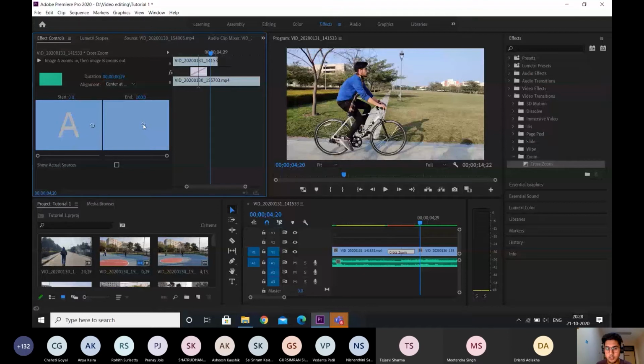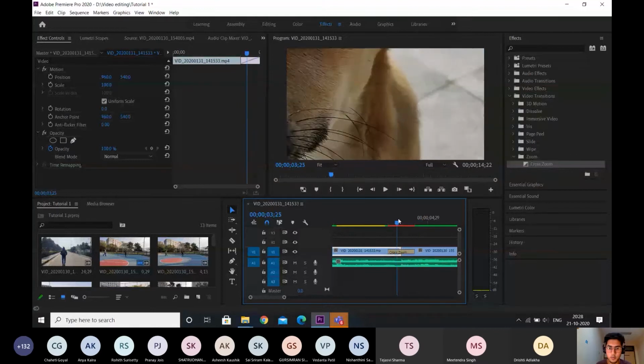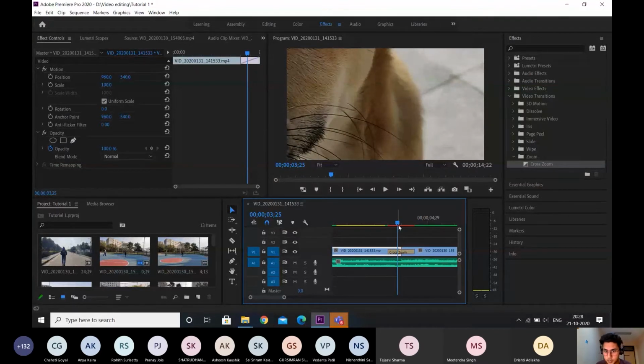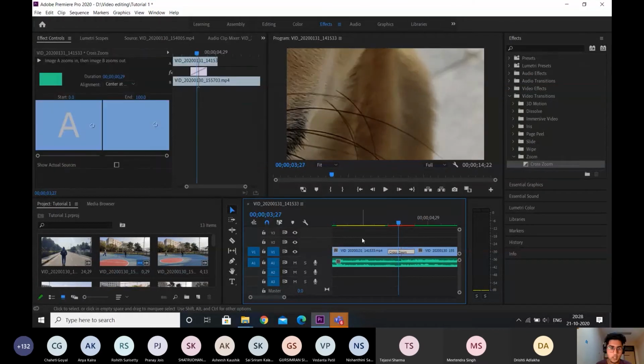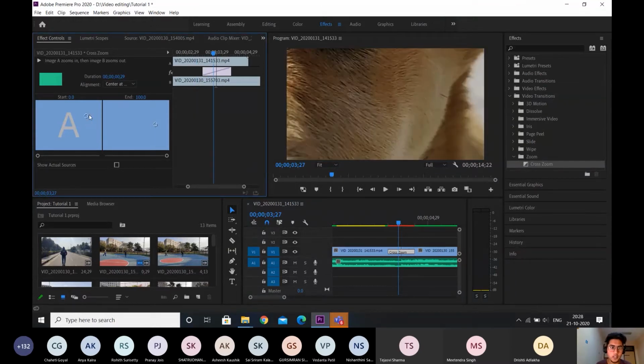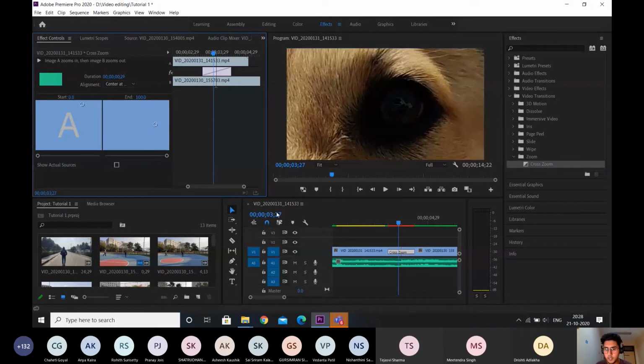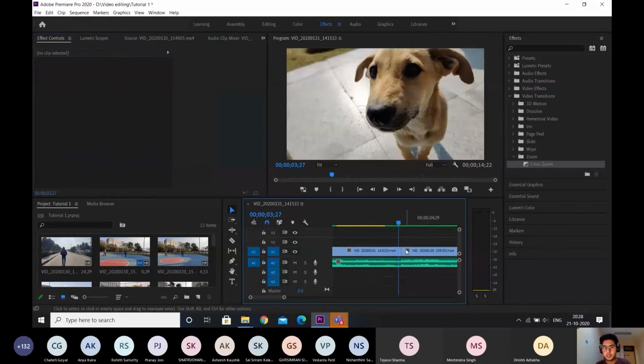Now if we watch the transition, it is not zooming into the center, but it is zooming into the side and then zooming out from the side only, where we've set those points. So if I come to this particular point on the timeline, I click on the transition and I change this. So you can see how I'm traveling, and I can set the point wherever I want to zoom like this. I'll remove this transition. So basically this is how transitions function.